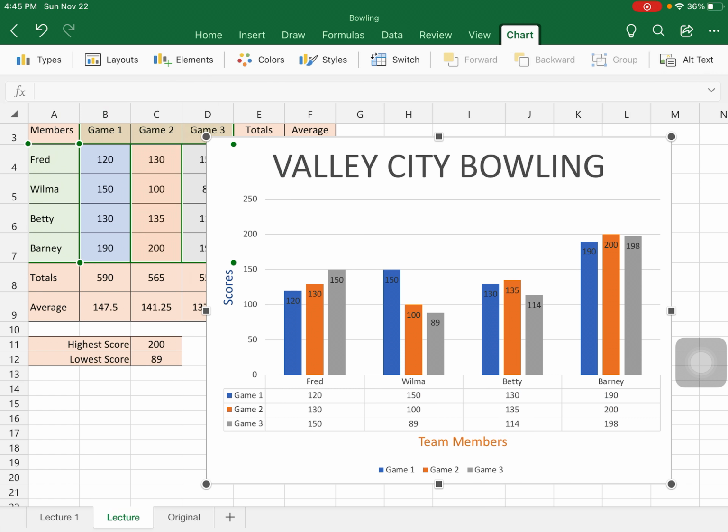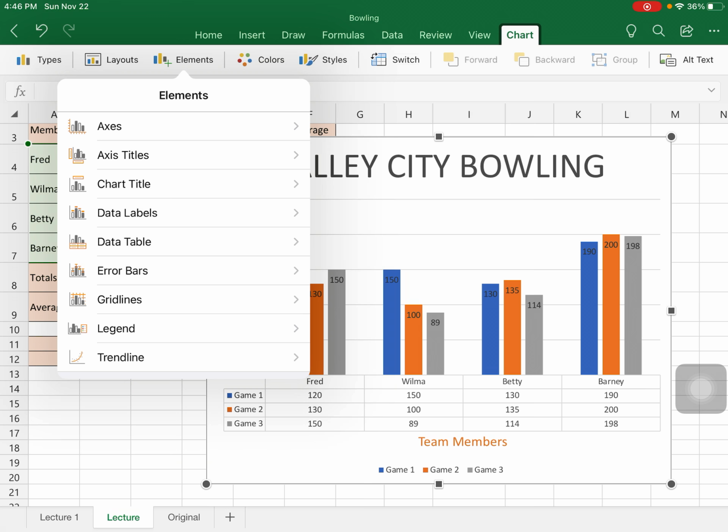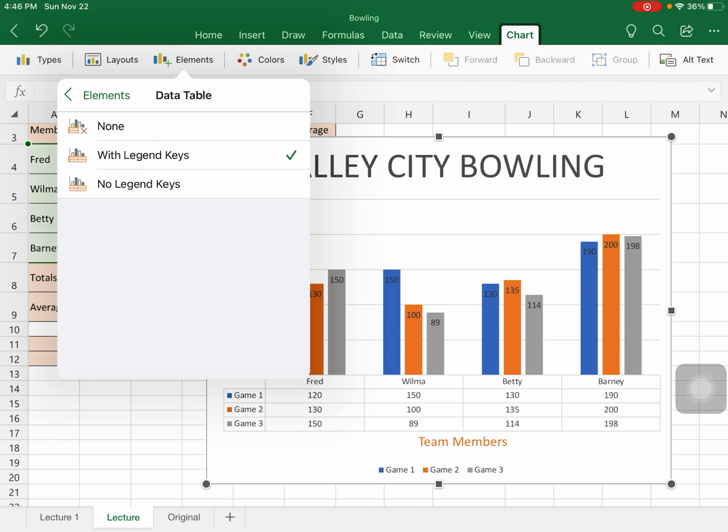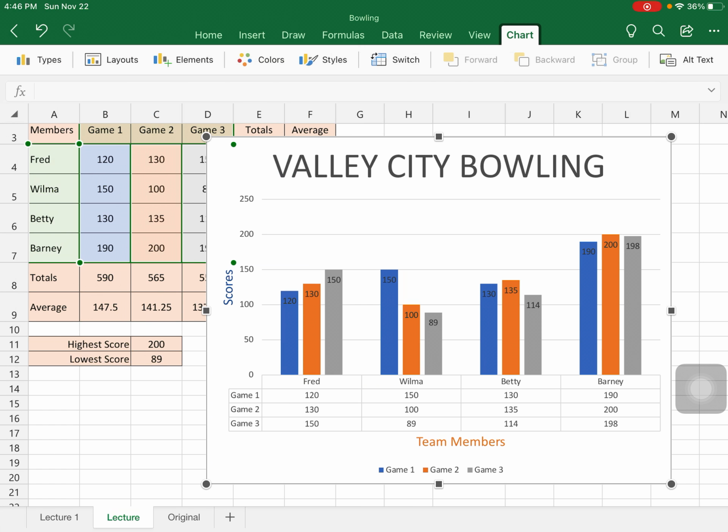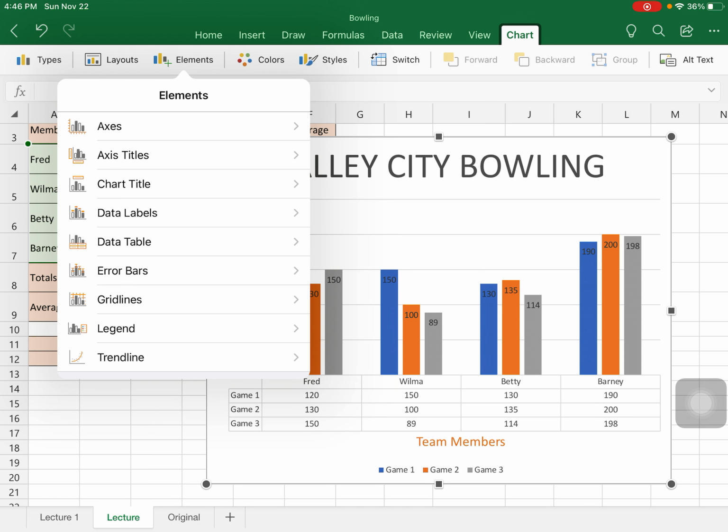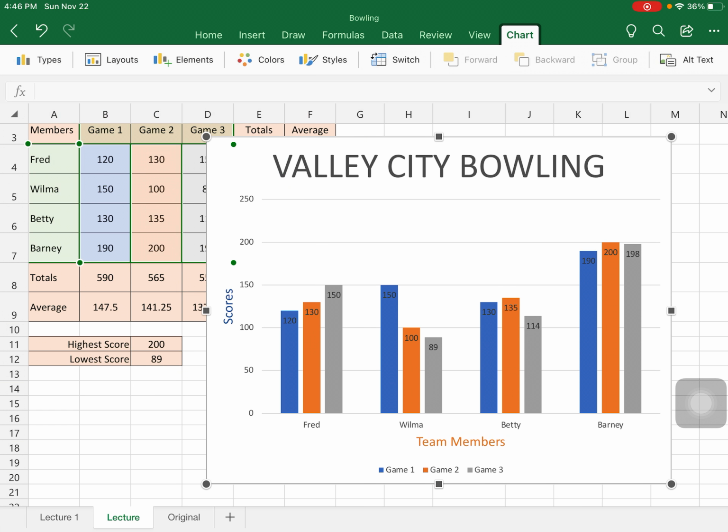We can choose with legends. Okay, so that's what it did, it put the table from my spreadsheet underneath. And it explains it a little bit more. I think it kind of makes it a little bit messy, but it might serve a purpose for that. A data table with no legend keys. The only thing it did was it took the colors off the side. Okay, I'm going to go back to the data table and I'm going to choose none